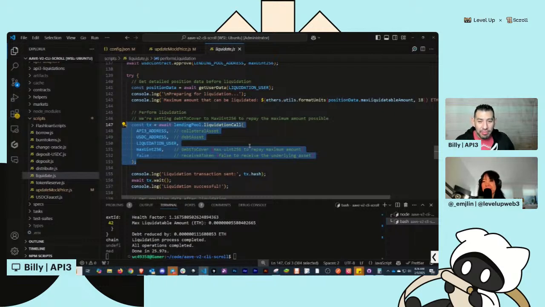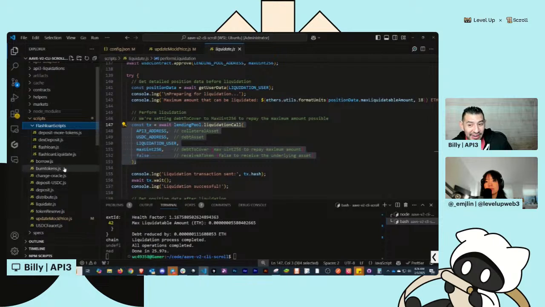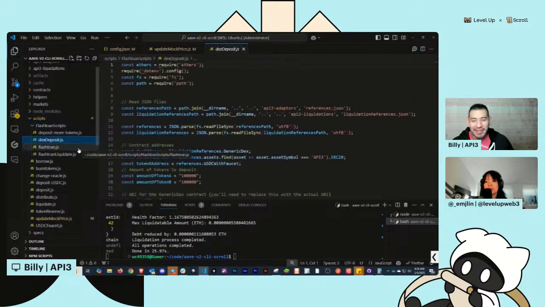So then you know that you have it deployed, you have the position made, and now you can liquidate, right? You have the control of the oracle. It's all there for you. It's all in here. For those that want to even jump ahead, the flash loan scripts live here as well. So if you want to go into the flash loans on here, I even have a DEX, right? I'm like the DevRel for Aave and Uniswap. There's a little mini DEX here too.